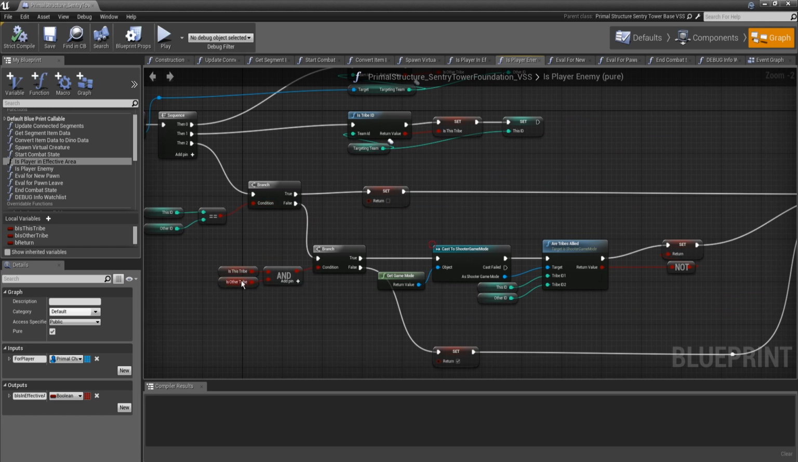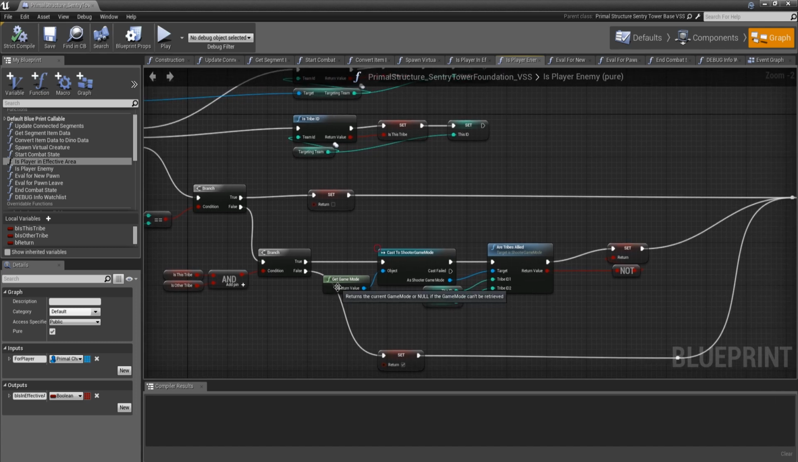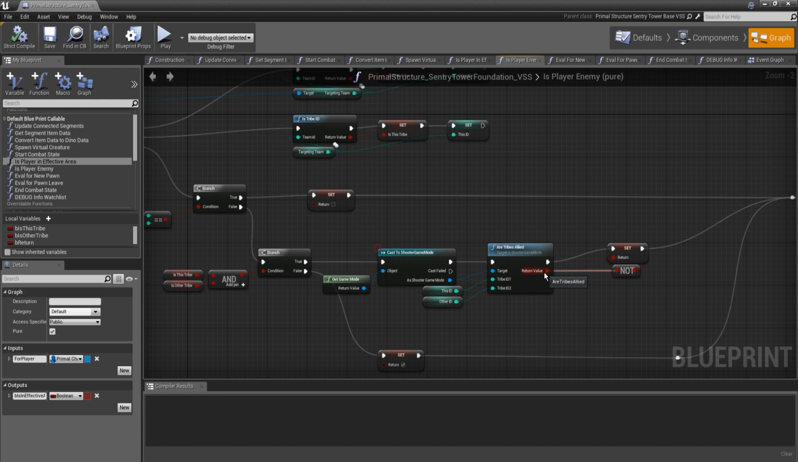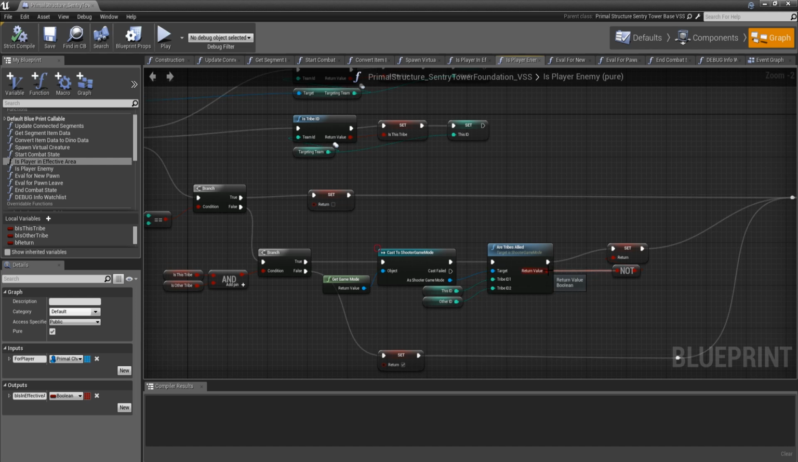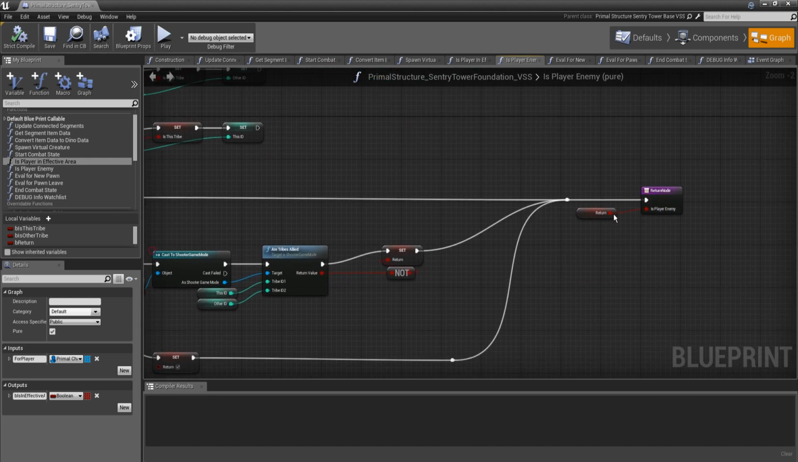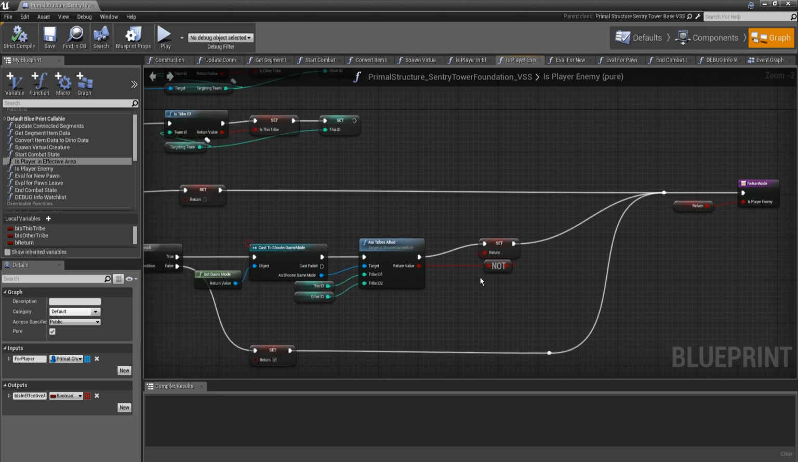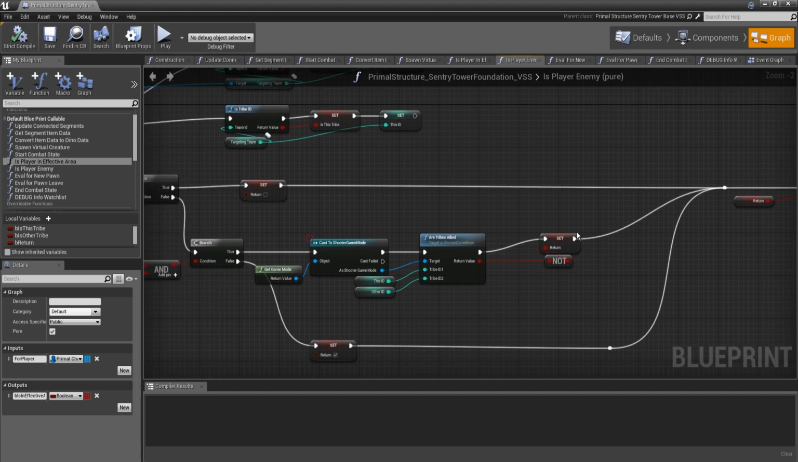Now, if both of those IDs are tribes, then what we're going to do is grab the game mode, and we're going to call this our tribes allied, because allied tribes won't have the same ID, but we don't want this acting on our allies. So we're going to do a check for that. And then if they are allied, we're going to invert it, because if they are allied, this is going to return true, but if they're not an enemy, we want to return a false value. So we're just going to invert it with this not function right here,